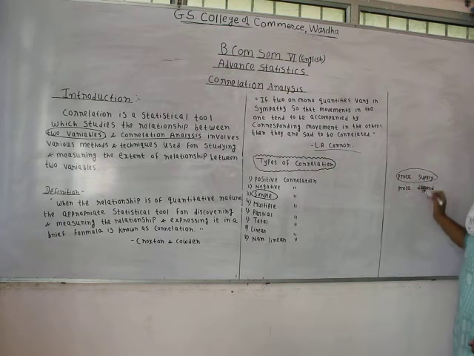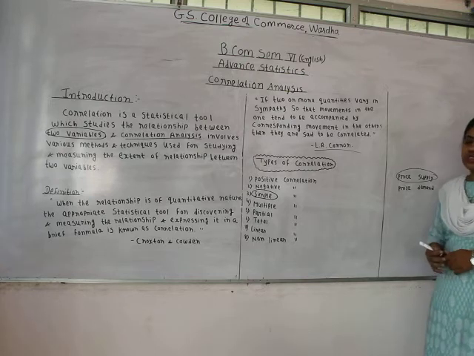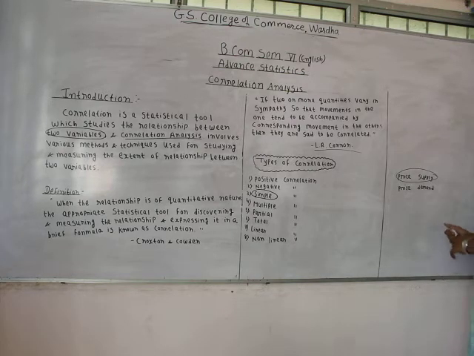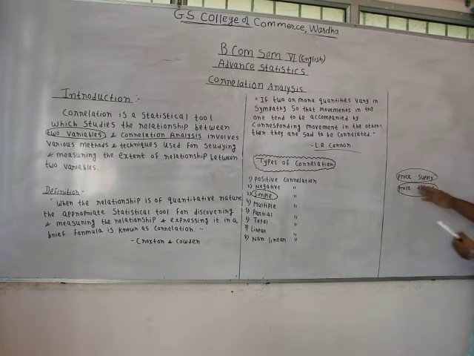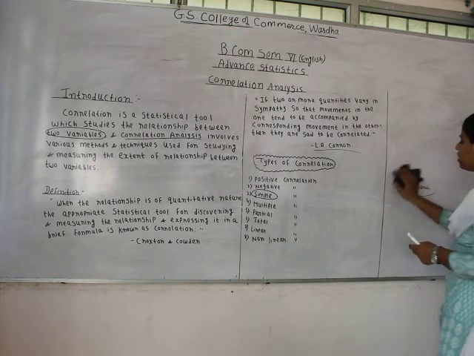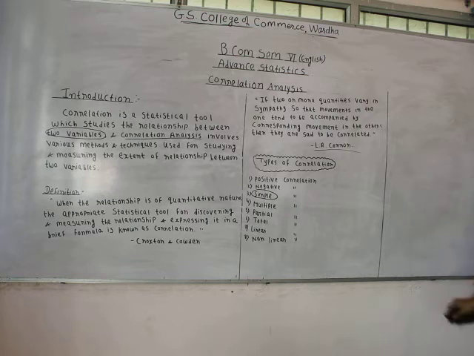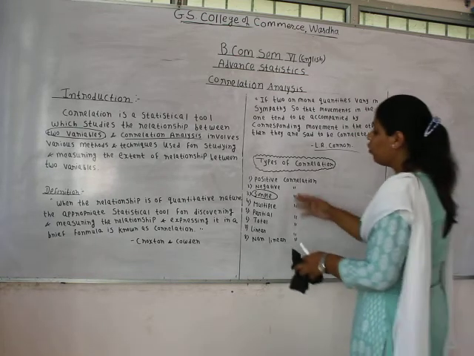When we are studying how the supply would react due to change in price, it's again going to be simple correlation. If we are studying the relationship between price and demand, if we are going to study how the change in price would impact the change in demand, again it would be a matter of simple correlation. So when the relationship between only two variables is being studied or measured, it is known as simple correlation.